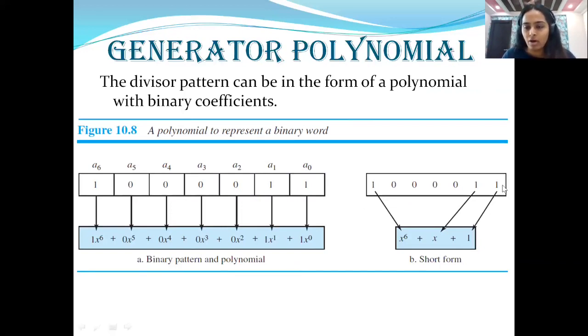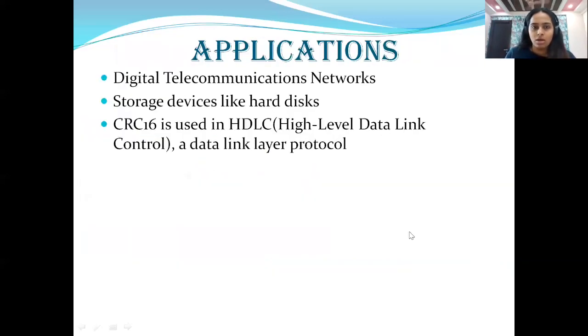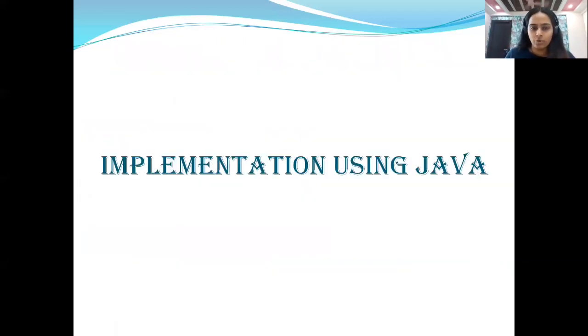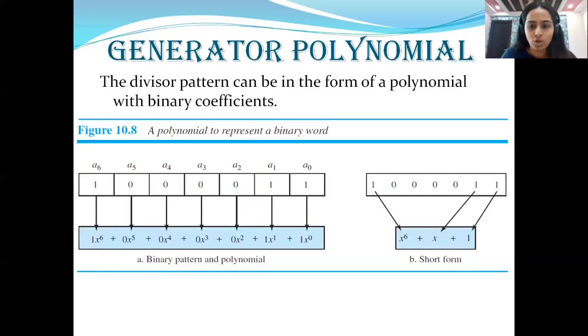Here you can see that this polynomial can be shortened. So wherever it's 0, I can remove it, and 0 can be taken as a default. If I don't have that term present, the coefficient of that can be taken as 0, and you can just write this short form. So these are a few applications, and you can also use some division. You can use the same modulo 2 division using this polynomial, but that polynomial division is just normal arithmetic division.